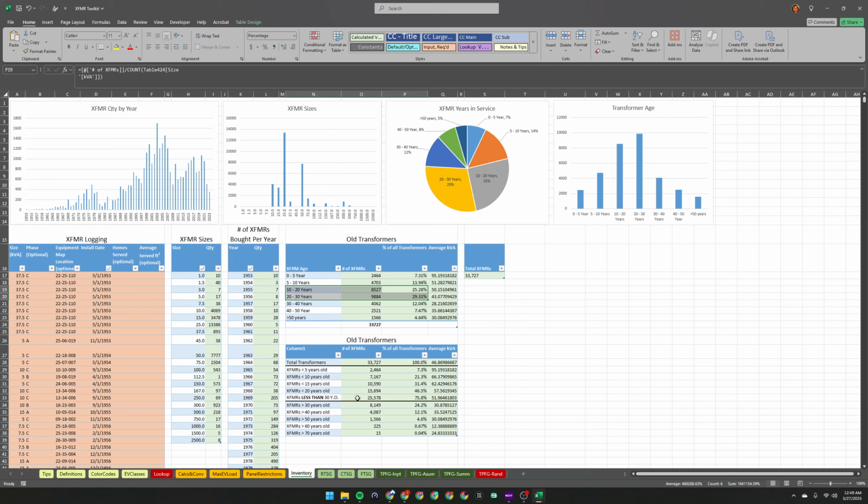And so there's also this other section called old transformers. It's basically, if you have a ton of transformers, because of the probabilistic nature of the forecasting part of this tool, it is going to be counterproductive to enter in 30,000 transformers and to model them. You can basically group them into groups. And so what I would do if I had 30,000 transformers is,